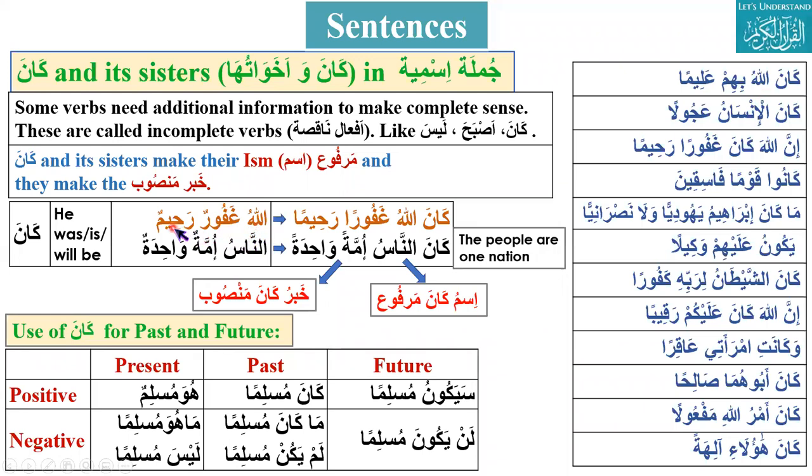Like here: Allahu Ghafurun Rahimun. Allah is all merciful, all forgiving. So Kana Allahu Ghafuran Rahima. Allah is all merciful, all forgiving. So Kana is basically from if'ale naqsa. Okay, next I would ask